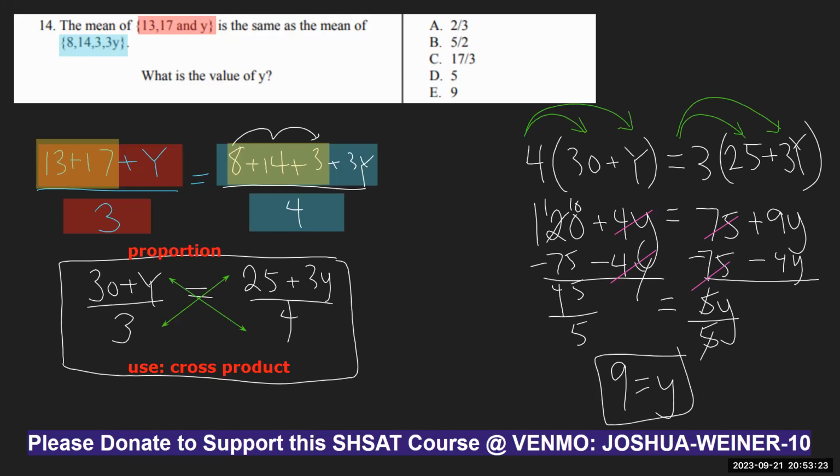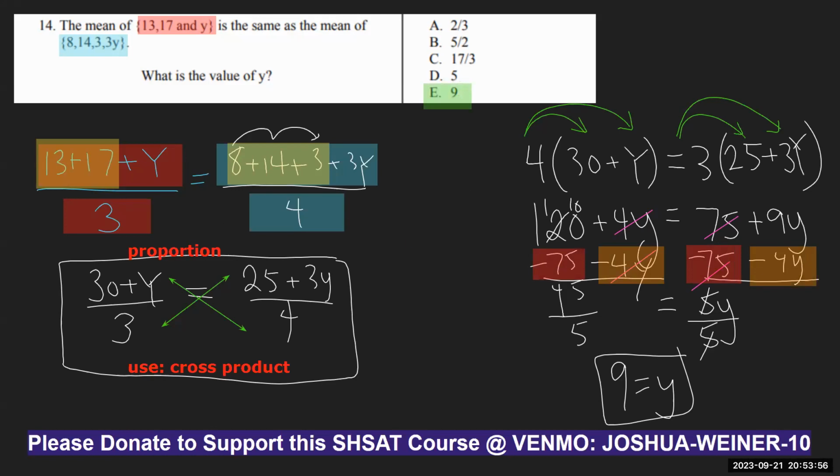We're using our 4 operations on both sides of the equation to keep balance. So if we take away 4y on the left, we have to do the same thing on the right side. If we take away 75 units on the left, take away 75 units on the right as well, to keep balance, because the equal sign means they're in balance. Then we can find that 9 was correct, and the correct answer was E for number 14.